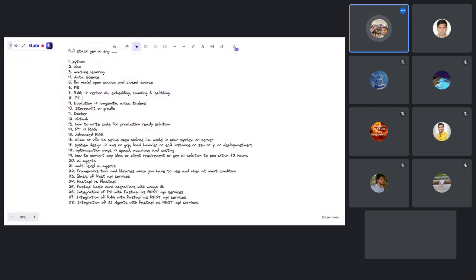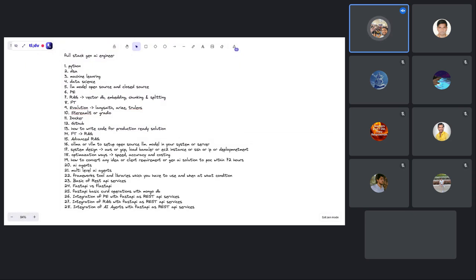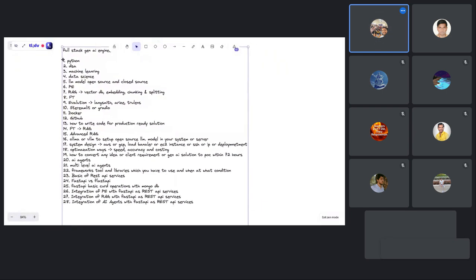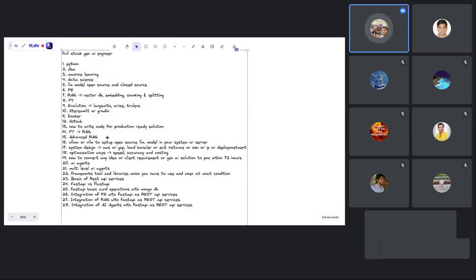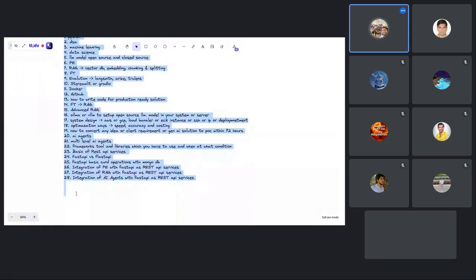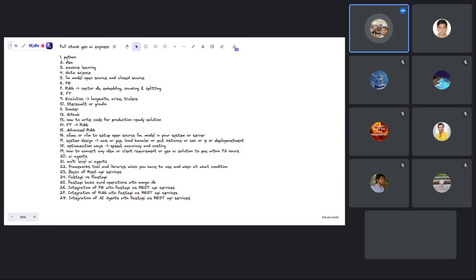So I already told you about the Super 30, which we are going to start soon. This is all the things that we are going to cover in our Super 30 program. We will give you everything that I have written. Maybe a few things I am not able to recall now, but all these things we are going to cover in our Super 30 program of 3 months, where I will come on a weekly basis